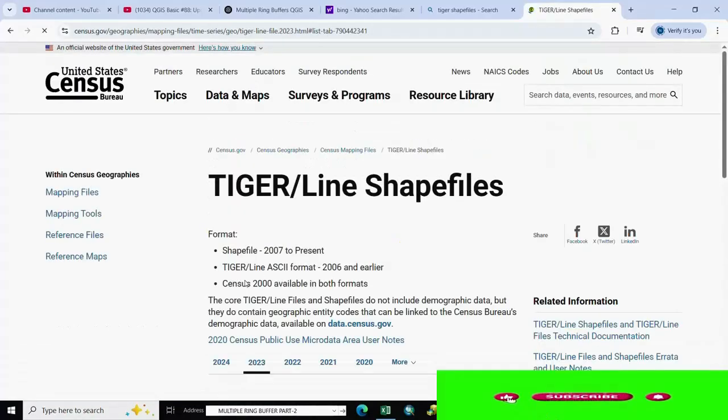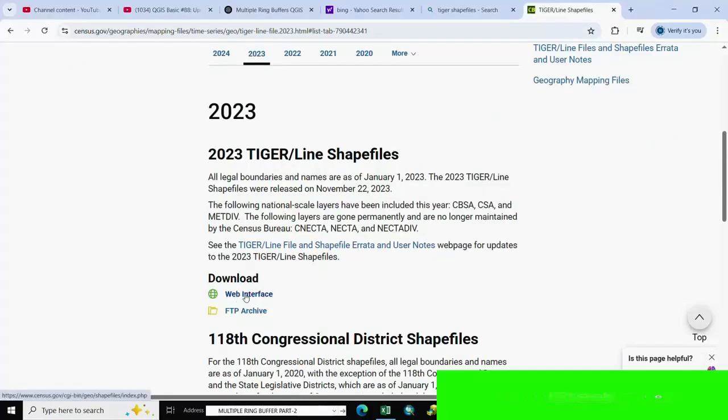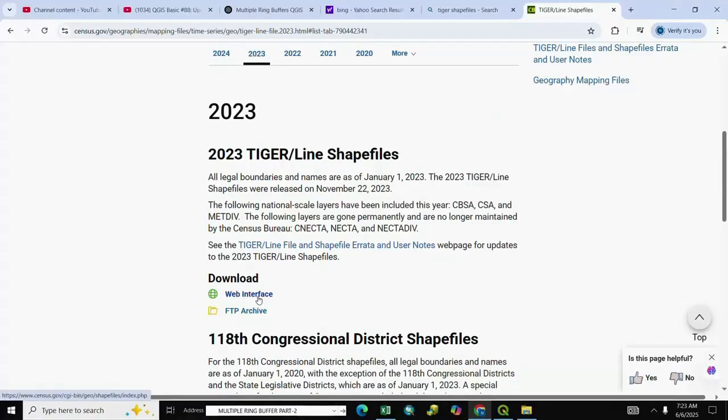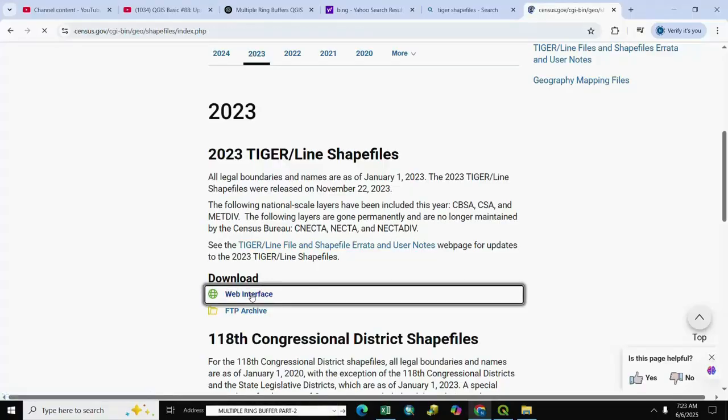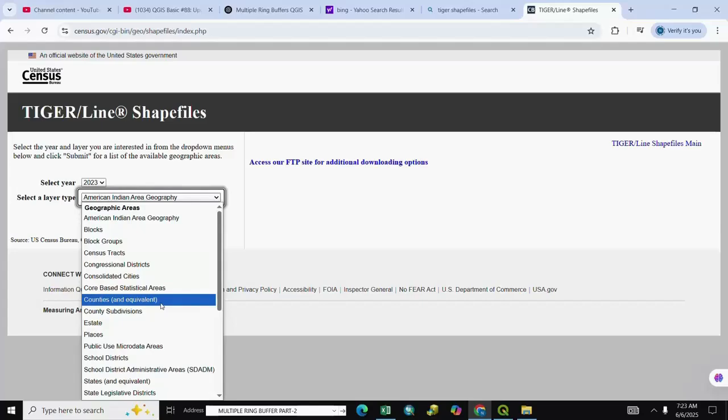If you want to download in web, we select here web interface, and if you want to select FTP, you select here FTP. First we go to web interface and we select here year 2023 and select a layer type as per your requirement.